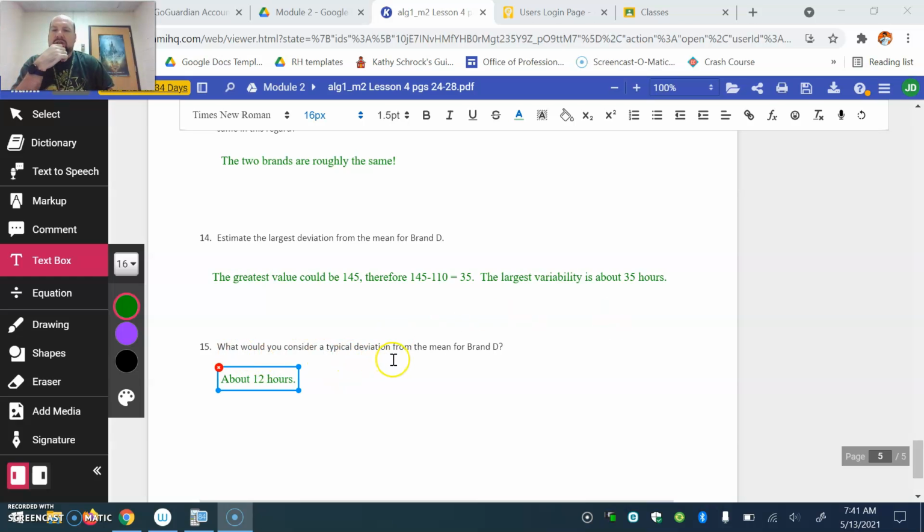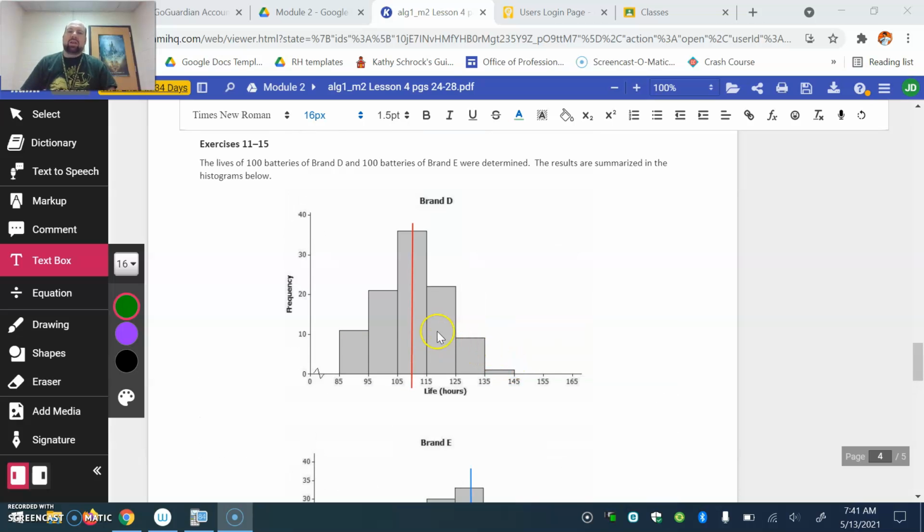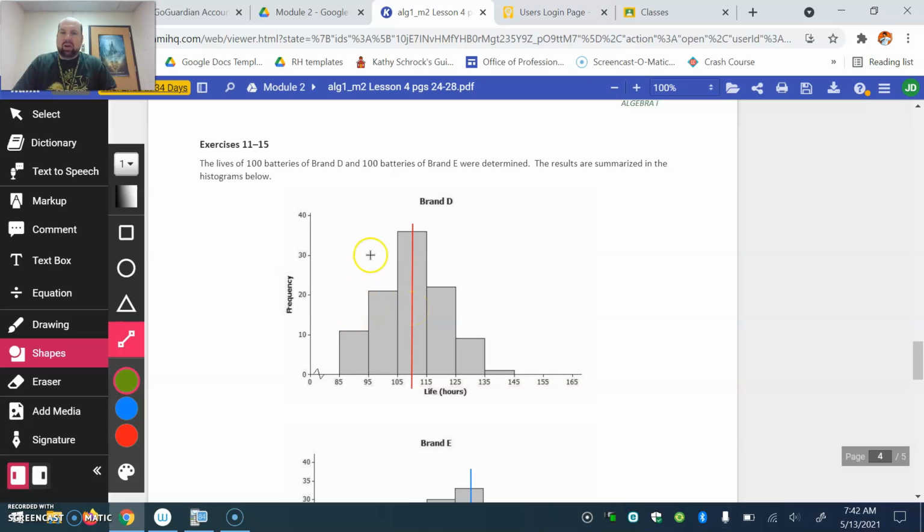What would you consider a typical deviation from the mean? So when I go back up here, again, I looked at both sides of this and I said, okay, well, halfway between the mean and the lower end is